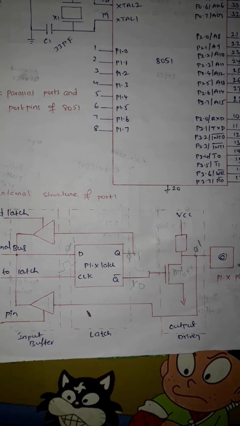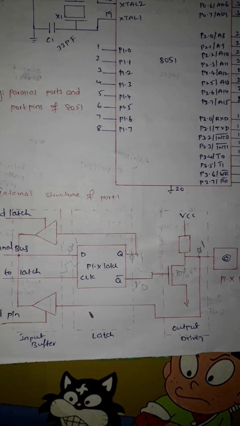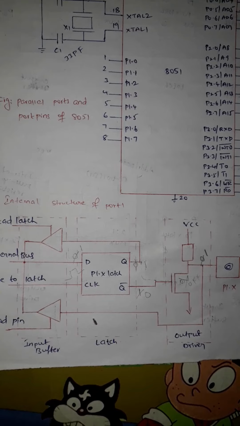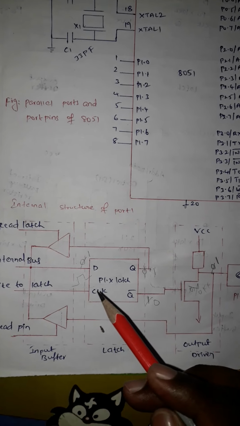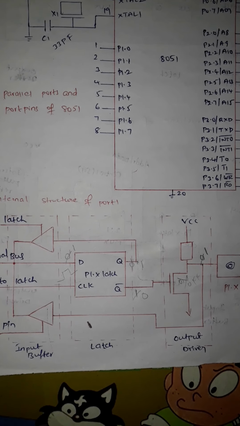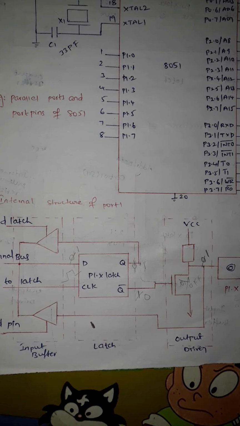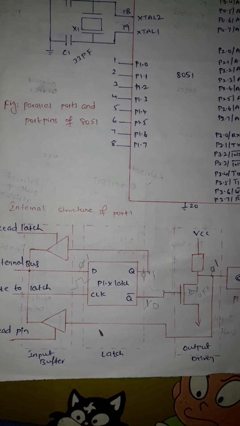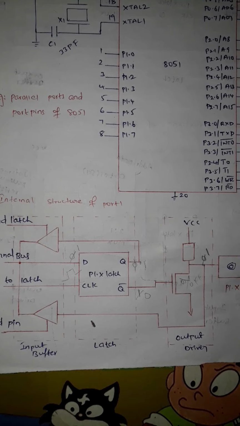For example, you can connect an LED to the output port pin. Then if you write a value 1 to the port pin, then the LED glows. So unless you change the input, the LED stays on. It just stays in its on state until you change the value at the input. So this is how the port acts as an output port.